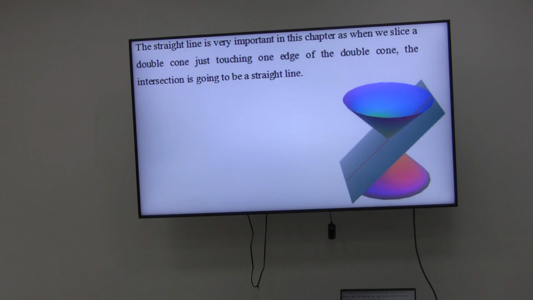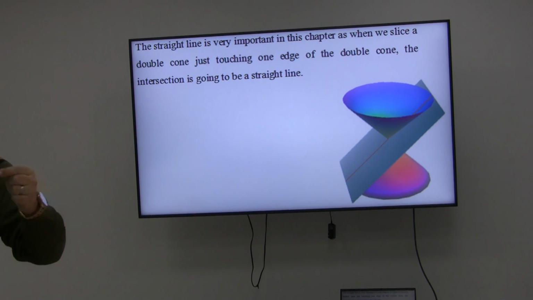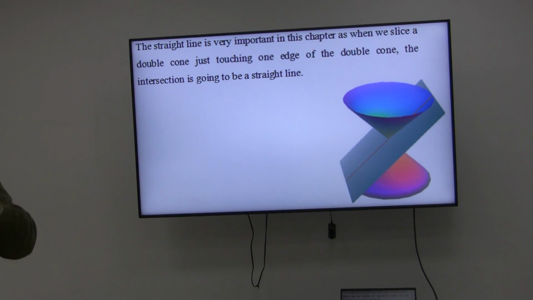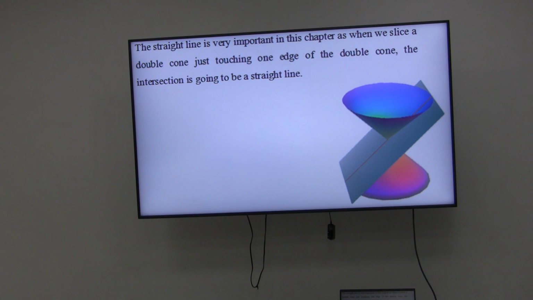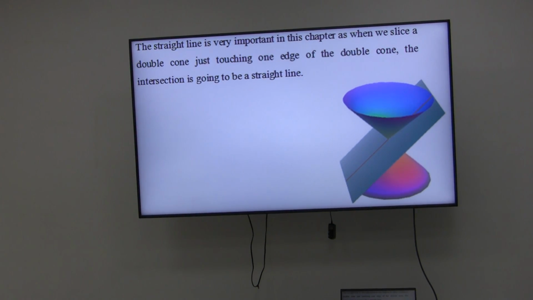Also, this is just a definition, because we are going into conic sections. So we can look at conic sections, or the cone in general, as the movement of a straight line around a circle. If you take a straight line and make this line move around a circle, its movement will draw a cone like this one.